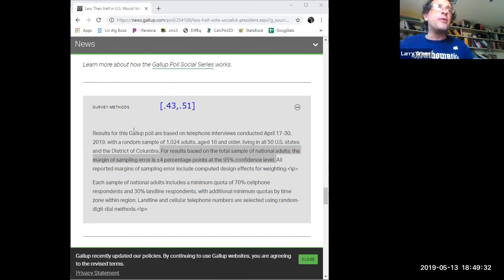Okay, so this is important. That's what the margin of error tells you. It tells you how far off from the sample proportion, or mean in the last example, you are likely to be, or from the population. And what we can say is that it should be somewhere between 43% and 51%. So when I look at this, I have some issues with their article. What was their article's title? Do you remember? And why do I have issues?